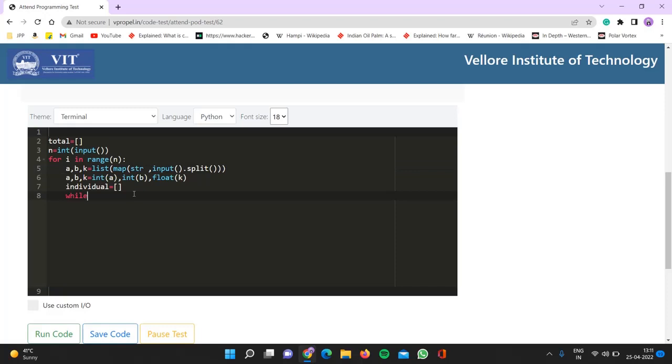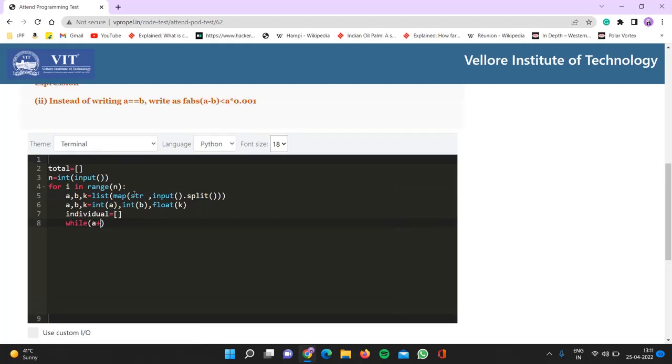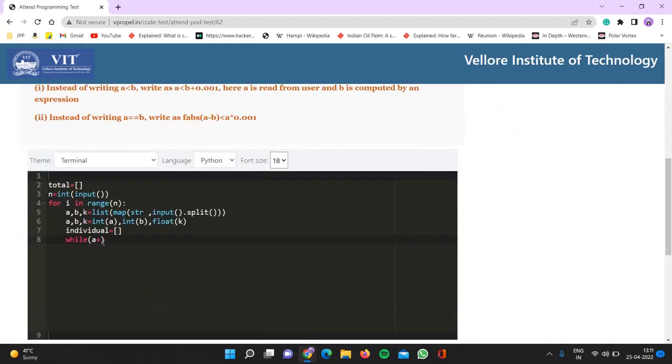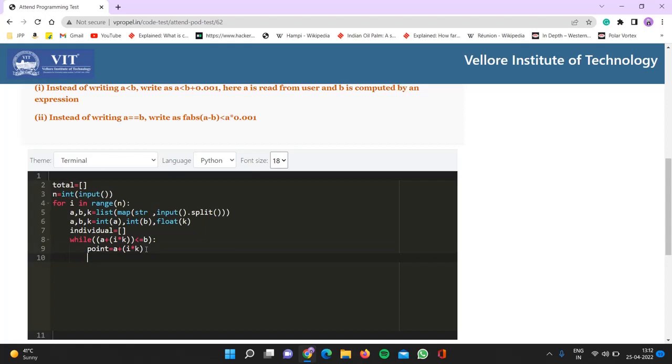Means first of all we are going to run a while loop, and we know that these points are in the format of a plus i k: a plus k, a plus 2k. So it will be in the form of a plus i into k, where the value of i will be increasing, and until this value a plus i k is less than or equal to b, still then find the point equal to a plus i k. Find this value for each and every line, and then